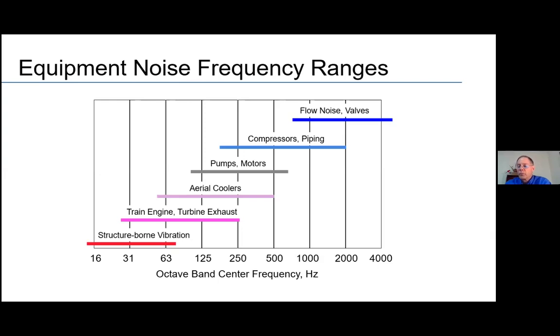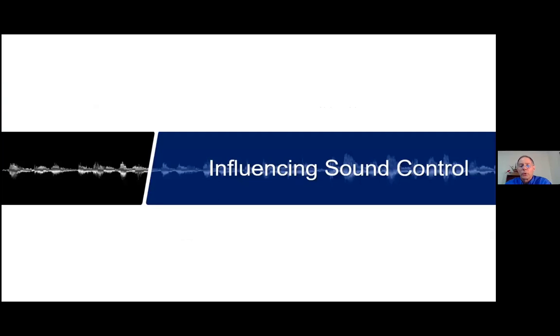Then when you start moving into pieces of equipment like what you might see in some of your industrial facilities, you're looking at coolers and pumps and motors and compressors, you're going to start getting into that mid-frequency sound, things in that 125 to 1,000, 2,000 hertz range. And then when you start getting flow related noises or hisses through valves and bypasses, or pressure controllers, flow valves, things of that nature, you're going to start getting into that high frequency noise. So I'm sure many of you can probably relate this to what you experience on a day-to-day basis in the facilities that you work with.